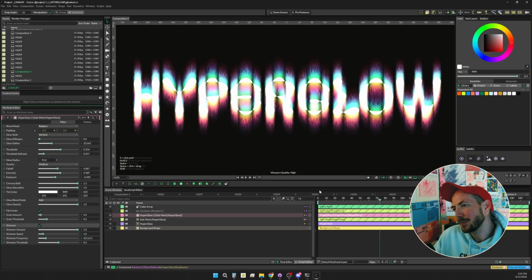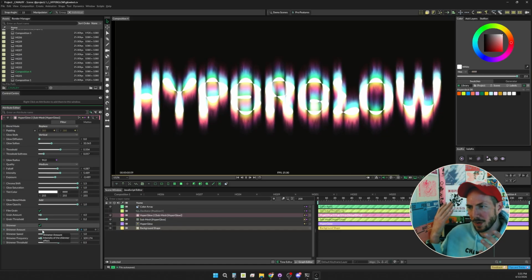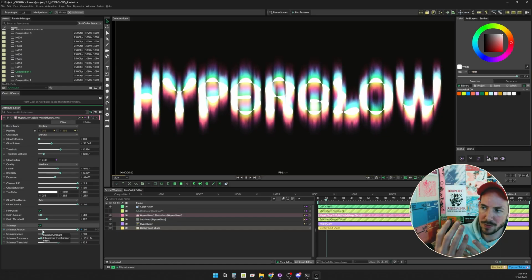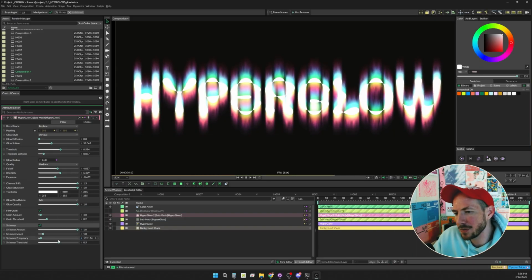But you can see if I bring the amount to 1 and then the frequency pretty high, you almost get this kind of flame effect. And then the speed is the speed at which the noise evolves. The noise is a 3D noise that's moving through Z space, so it will evolve the breakup of these edges. And then you can see with the threshold, I can turn it way down, so it's really only